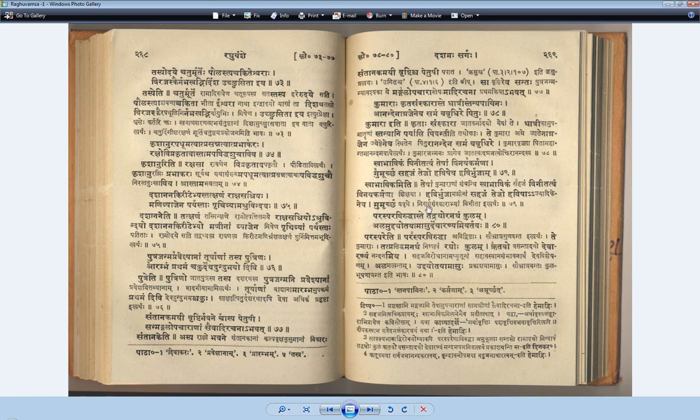See at the bottom of the page here. Now the one thing, as I mentioned, is a very bad typo in this book. It should be Paraspara Viruddhaste. Let me read it one more time. Paraspara Viruddhaste Tadraghor Anagham Kulam